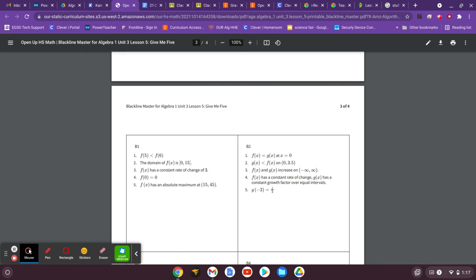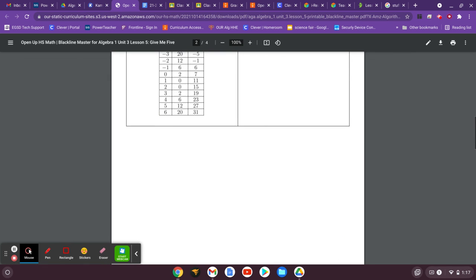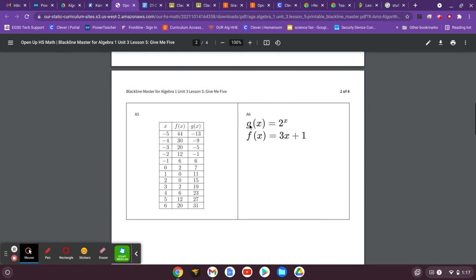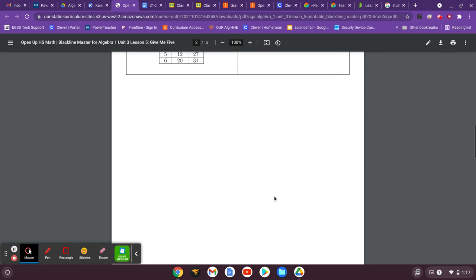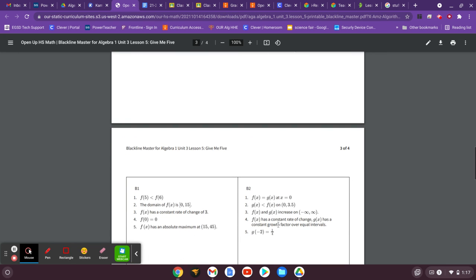That's probably true on there. They both increase on that. Negative infinity to infinity. Yeah, you're always going to have an increase with an exponential. That's a positive slope, so those are both increasing. f of x has a constant rate of change. g of x is constant growth factor. So, yep, B2,